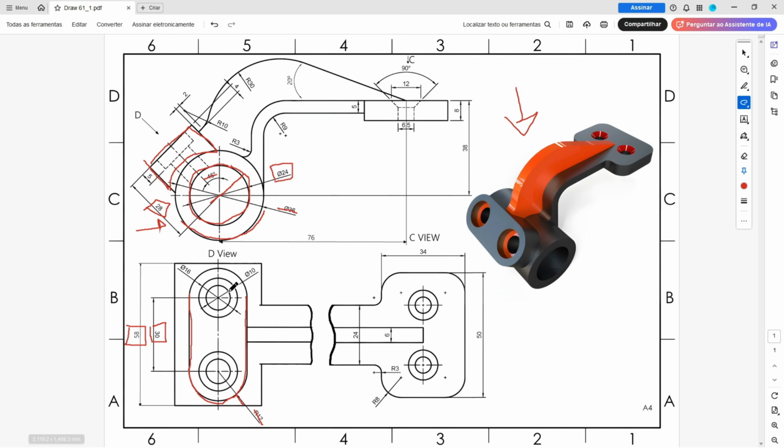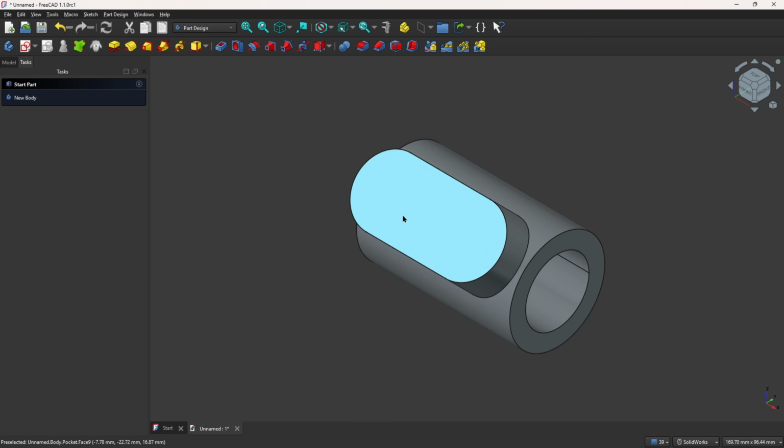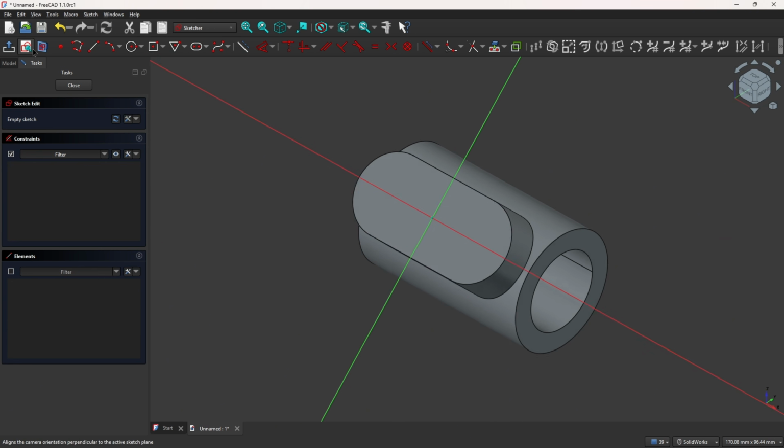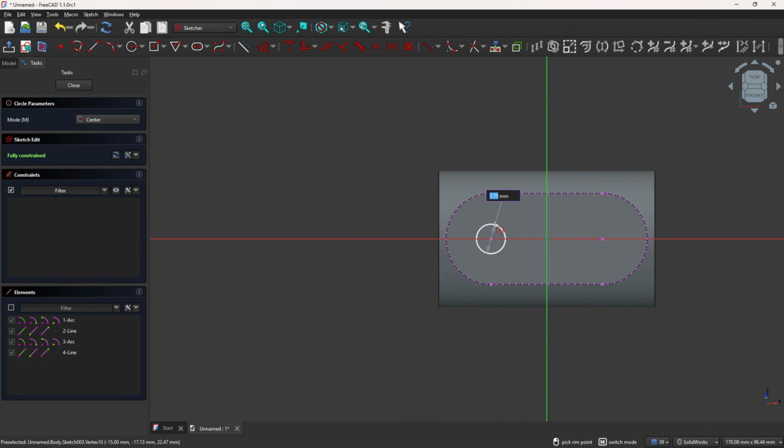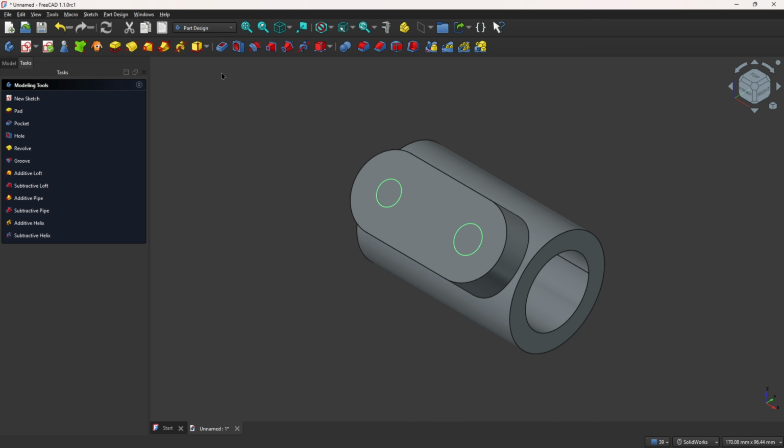And now we will create these two holes. It is a Counterbore hole. But first we will create two circles in this face for reference. So select this face and go to create a sketch and activate the external projection. Select this face here and select the circle, make a circle in this point and make a circle in this point here. And leave the sketch, go to hole